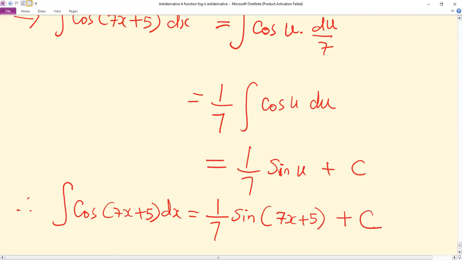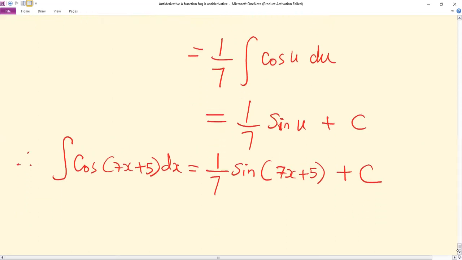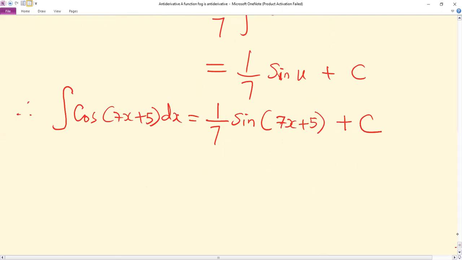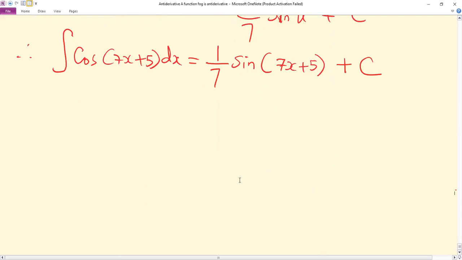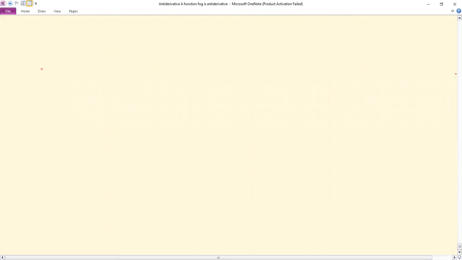So that is the solution to that given problem. C, our next problem D, we have integral x squared sine of x cubed